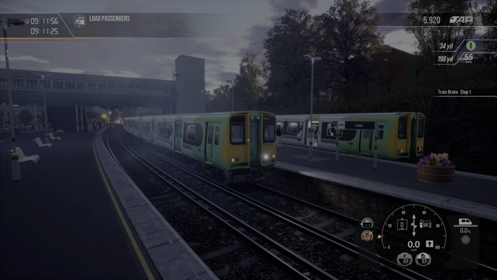So, we've got 3 miles to the next station. We will be able to get up to... we can really go for it. Can take this train up to its top speed, maybe 75. Well, not at the moment. We've got a 70 limit, but